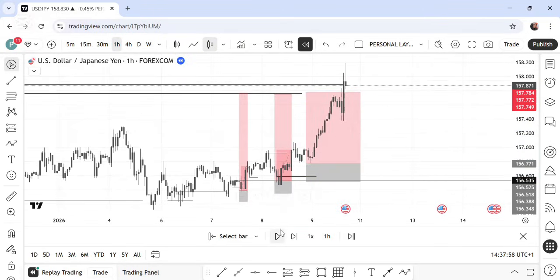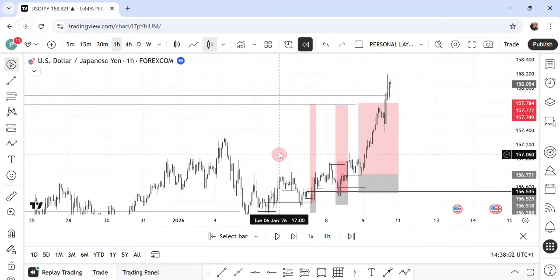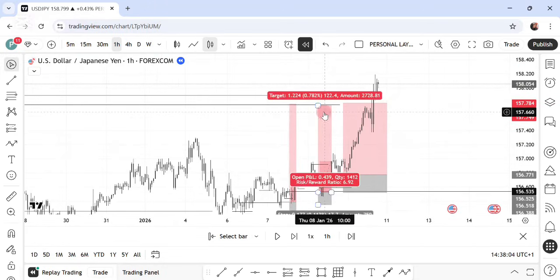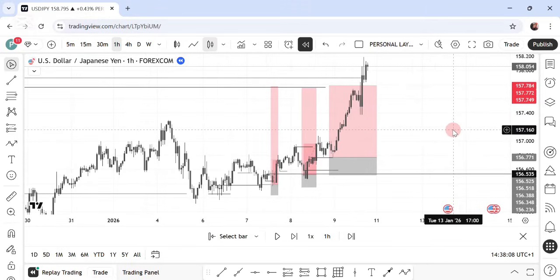So this is what we got. We got smash, take profit, smash. Don't forget that this take profit was gotten from here, from the weekly time frame. You see how we trade without using